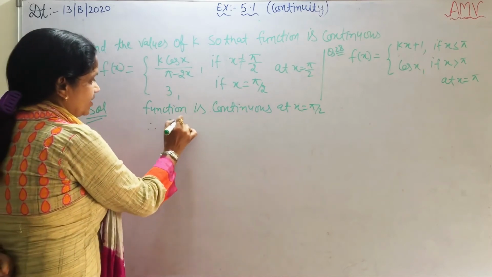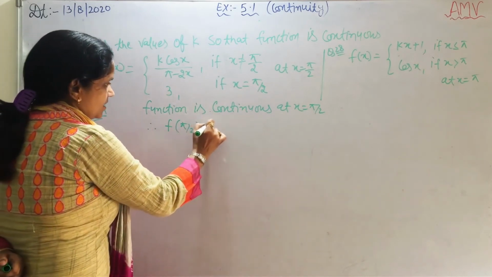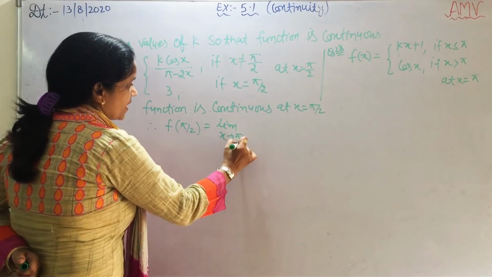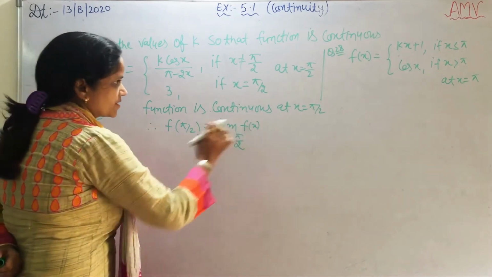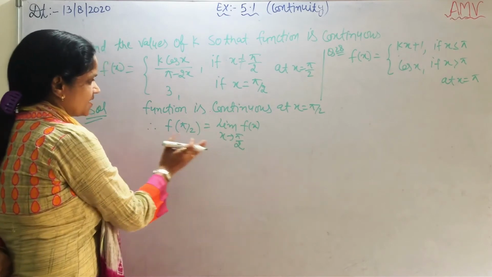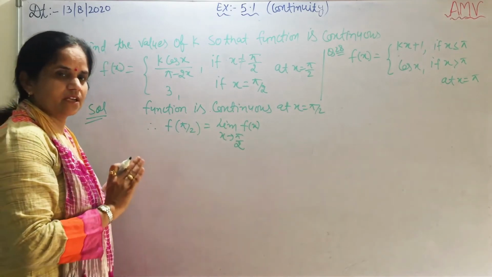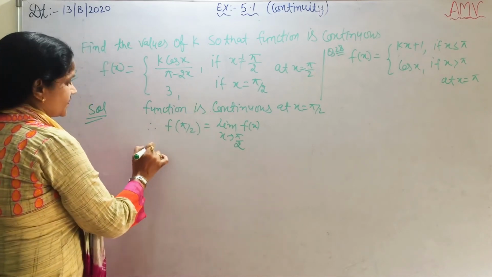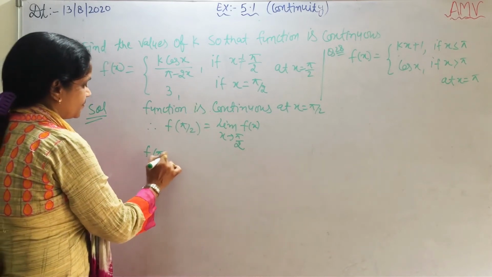So the value of the function is equal to limit x tends to pi by 2 of f(x). It means the limit and the value of the function must be equal since it is given. Now f(pi by 2)